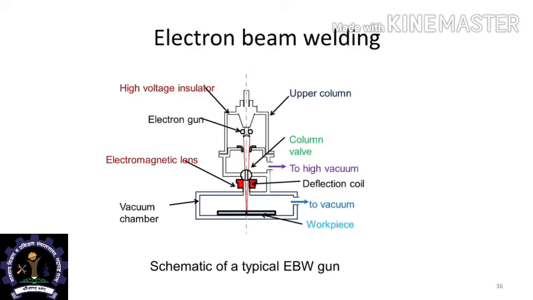A high vacuum is created in the chamber, which means that the entire part that has to be welded must be sitting in a vacuum chamber, and this often means that the vacuum chamber is a large chamber involving a tedious evacuation setup. And the electron gun also plays a role here, and you would see that the electron gun has an assembly where there is an insulator and a separate column with higher vacuum that is being generated.